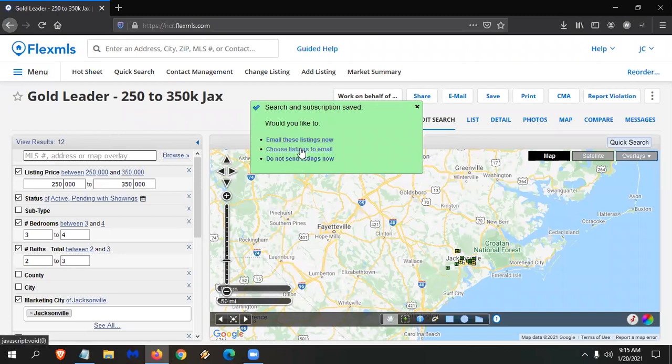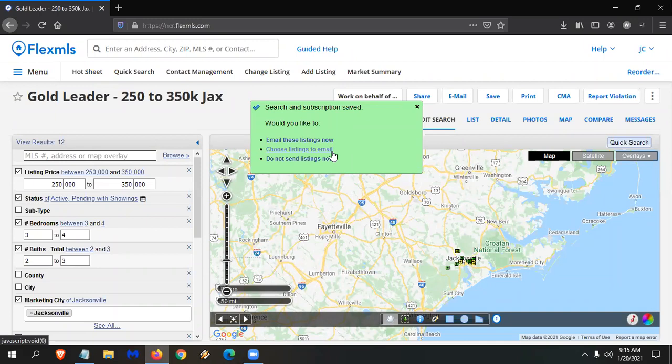You can if you want, but Flex MLS has been evolving over the years. And personally, what I like to do is I don't even do a search and subscription to start. I invite people to the portal, which can take about a minute. After a couple days, I see what they like. So I actually pull up their record in contact management, see what they like. And then what I can do is reach out to them and say, hey, it looks like you're looking between